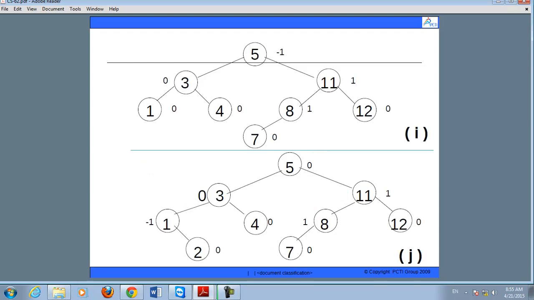In the same way you can insert values in the AVL tree, and after insertion of each element you have to calculate the balancing factor. Like after the 12 you insert 7 here, after 7 you insert 2 here, and after insertion of these elements the height and the balancing factor will be calculated again and again.